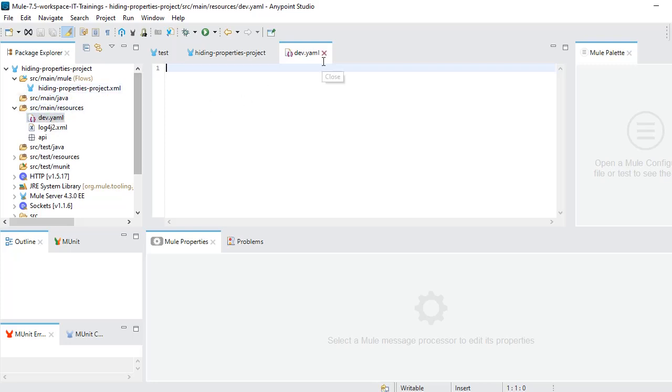So I have just created one YAML file. I need to send the HTTP port. We need to configure the details in this way.